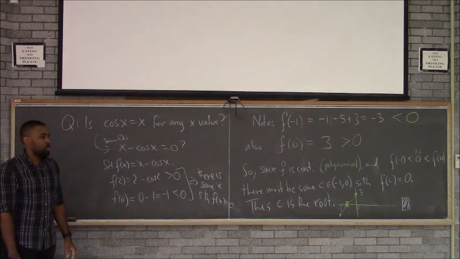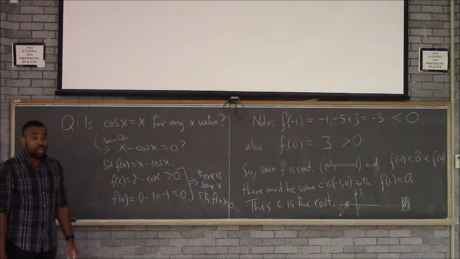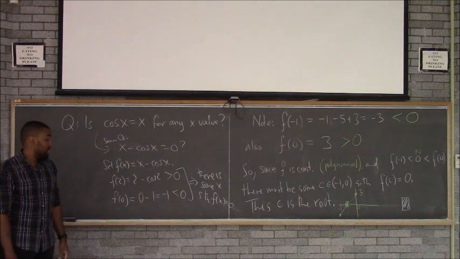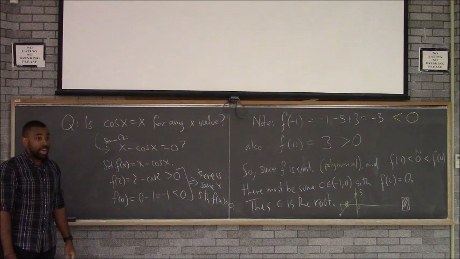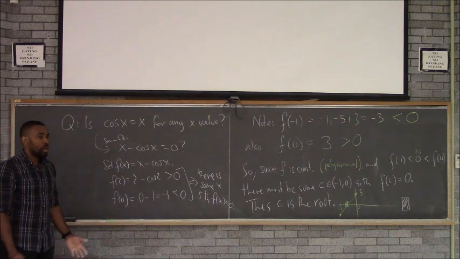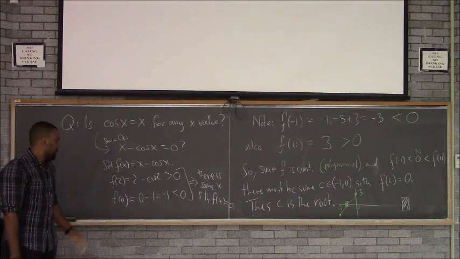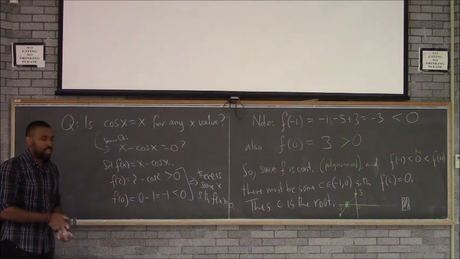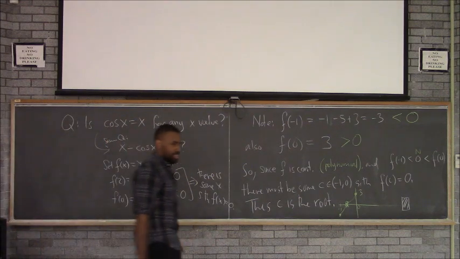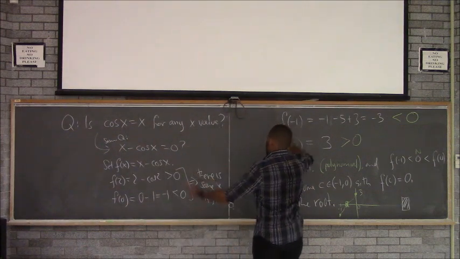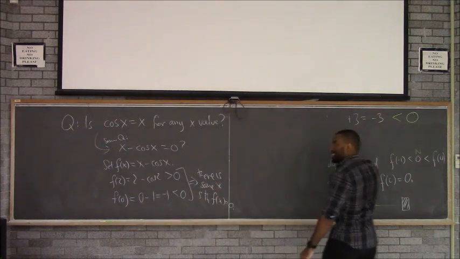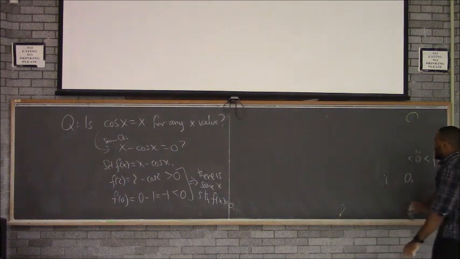So even though I can't tell you what that x is off the top of my head, I do know whatever it is, it's between 0 and 2, and it exists, right? So I know the solution is out there. I'm not wasting my time actually looking for it or waiting on a computer to find it. Although a computer can find it pretty easily. But yeah, in theory, that's the intermediate value theorem.